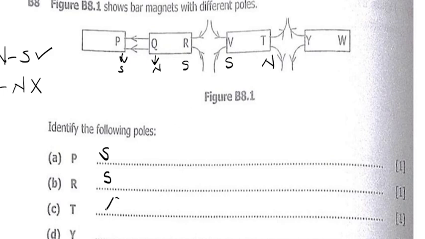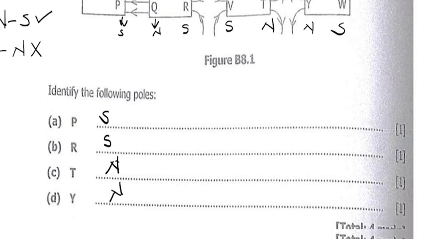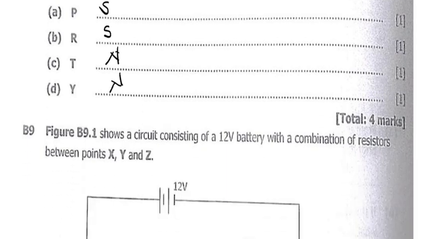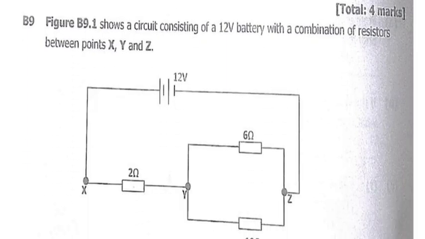So T is north. If T is north, Y, they're coming from Y. Again, Y is north. Then W will be south. So that is how you can put that. Here you just needed to know to say magnetic field lines, they move from north to south. As simple as that. Figure B9.1 shows a circuit consisting of a 12 volts battery with a combination of